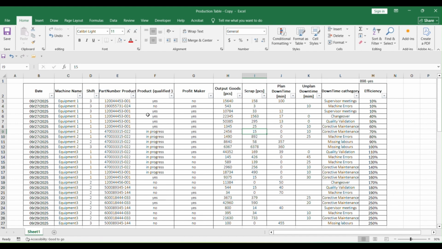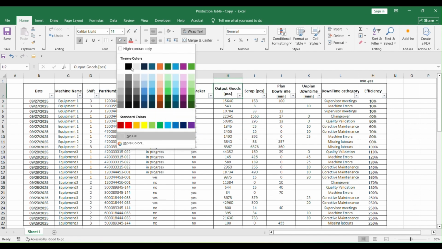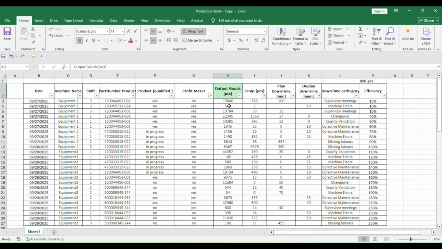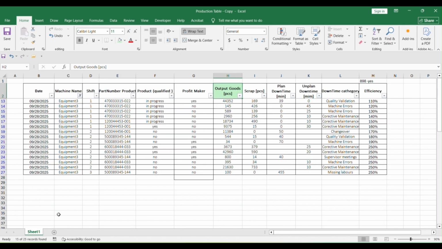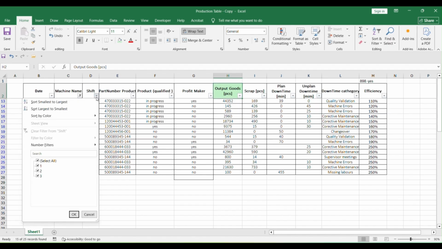So I have this table, and for example, I would like to know the output of pieces by several filters. For example, I'm going to check equipment number 3. I would like to filter by this. This is the first filter. Then I would like to filter by shift 1. This is the second filter.